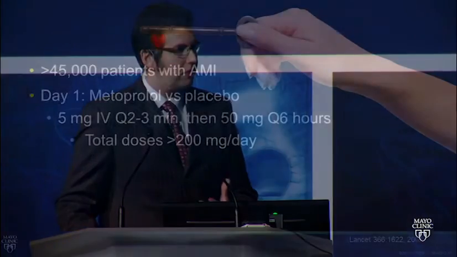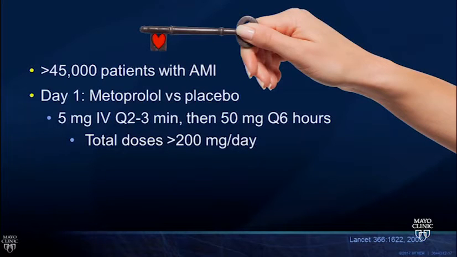So if you look at what actually happened, immediately following the infarct, the people that received metoprolol received very high doses. So 5 milligrams IV every 2 to 3 minutes until you got to 15 milligrams, and then 50 milligrams orally every 6 hours. And they gave this so long as the systolic blood pressure was greater than 90 and the heart rate was greater than 50. So if you had a systolic blood pressure of 91 and a heart rate of 54, here's another 5 milligrams of IV metoprolol and 50 milligrams of oral 2 minutes later. Right? So you can imagine that this could run into some problems.